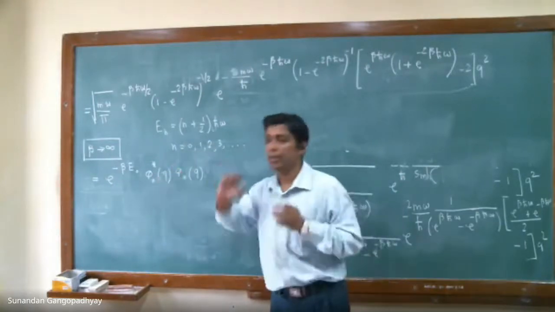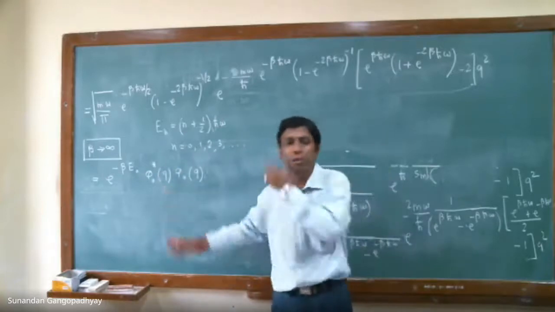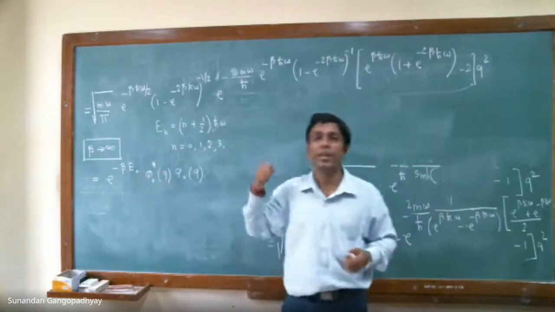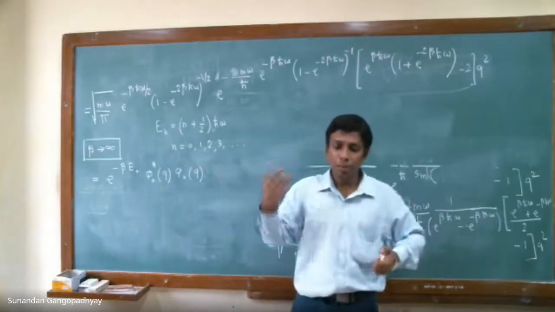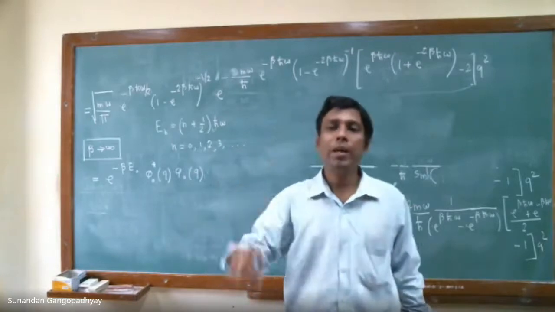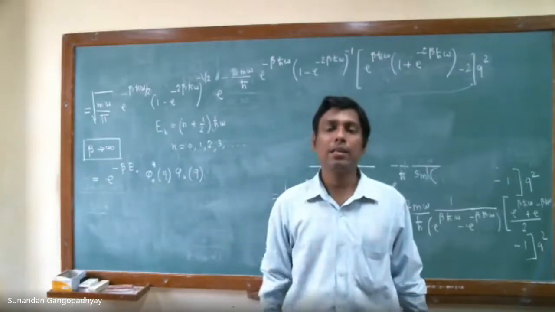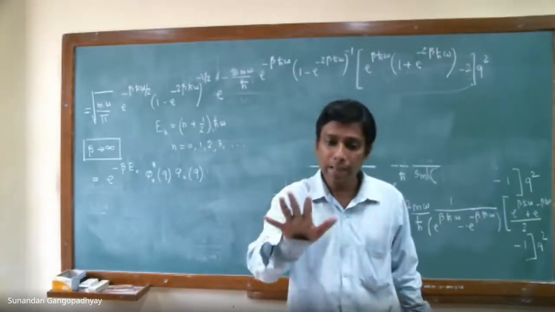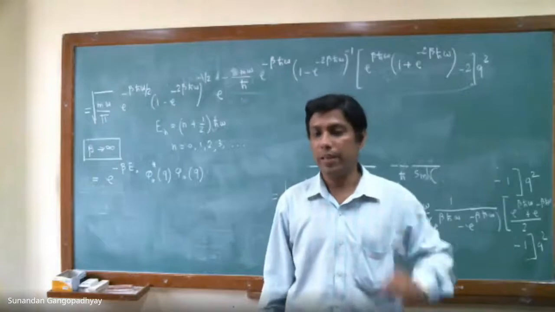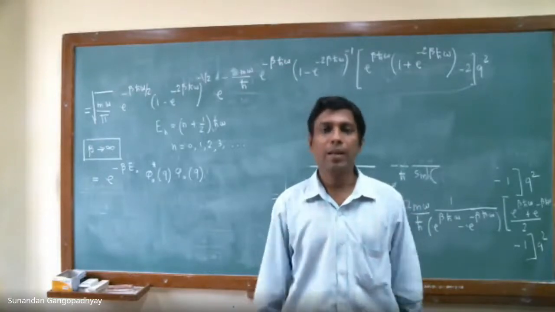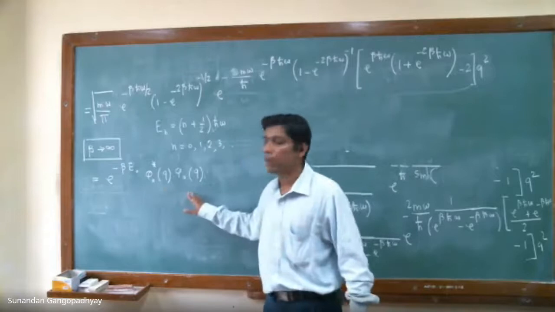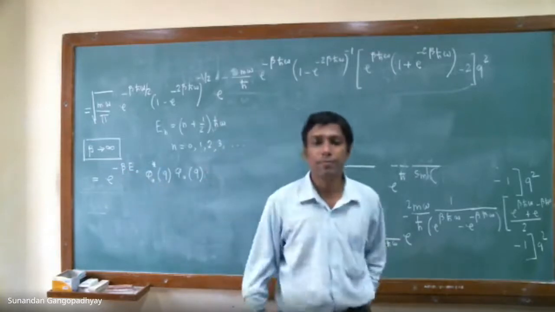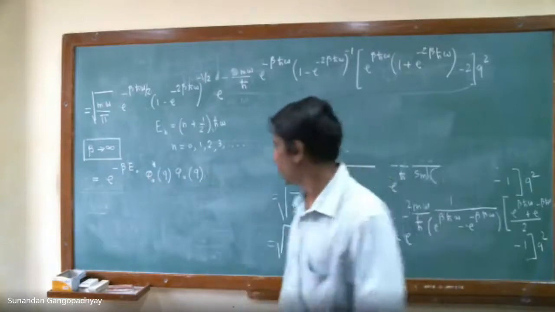And that is what we are doing. I'm just showing you how you can extract the ground state energy and the ground state wave function. You can ask me, how can you get the expression for the excited state energies and the eigenfunctions for the excited states of the harmonic oscillator? That I leave it to you to investigate. Please find it out. But in this lecture, what we are trying to find out is E naught and the ground state wave function. This is our goal.